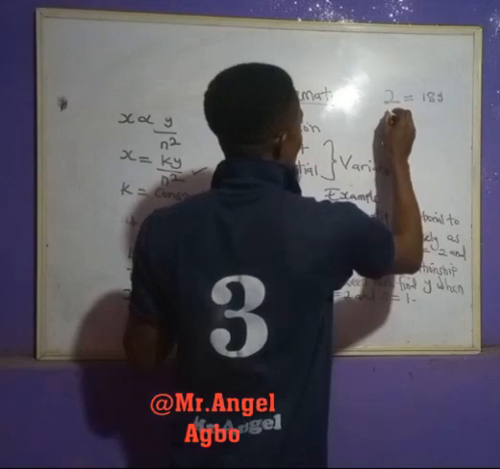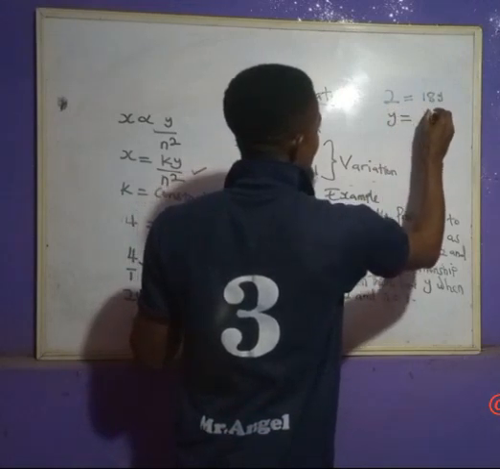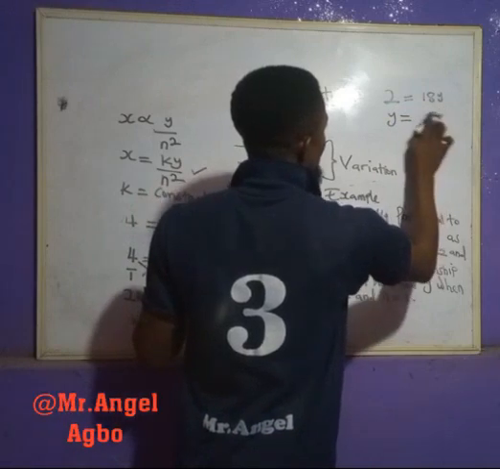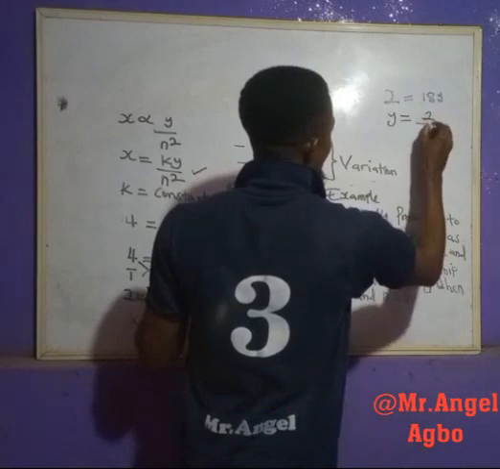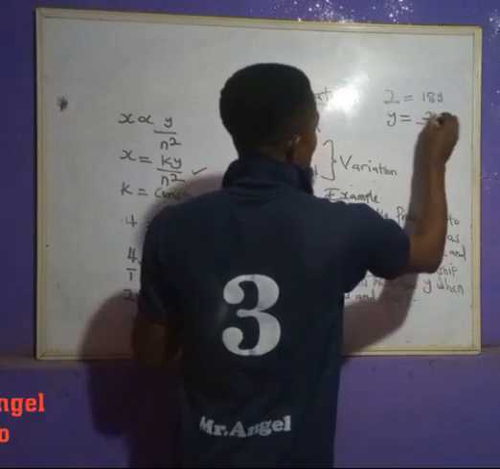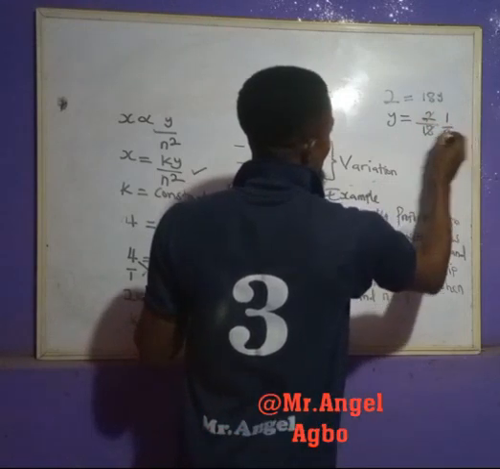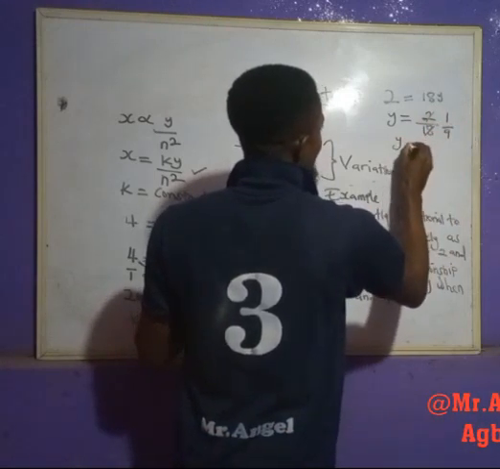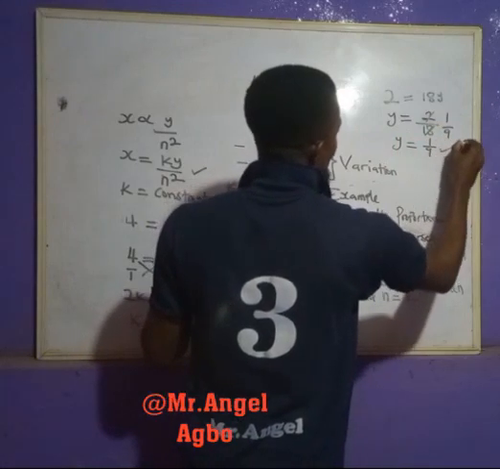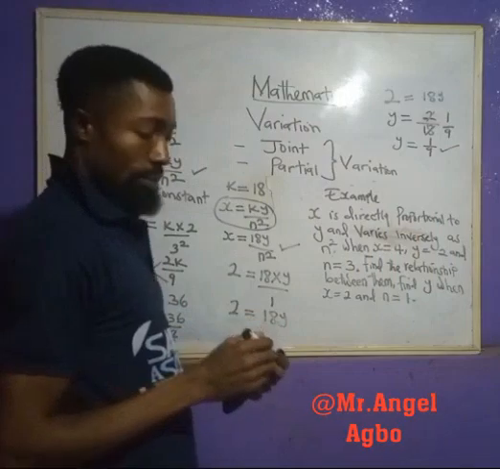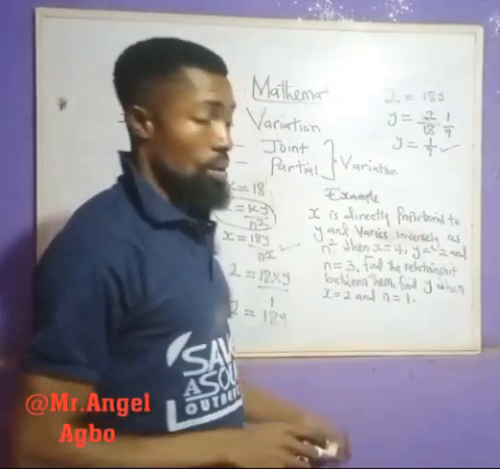Then we have y is equal to 2 divided by 18. So 2 here 1, or 2 here 9. So we have y equals 1 over 9. This is the value of y, and we are done with